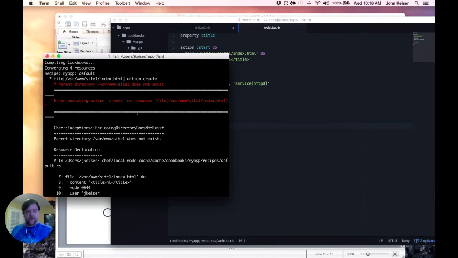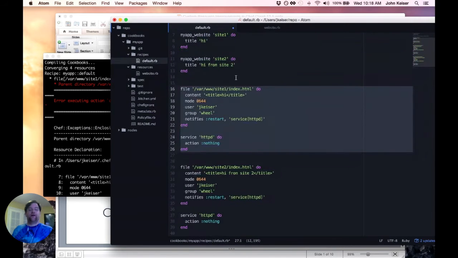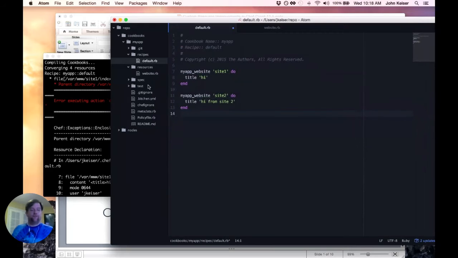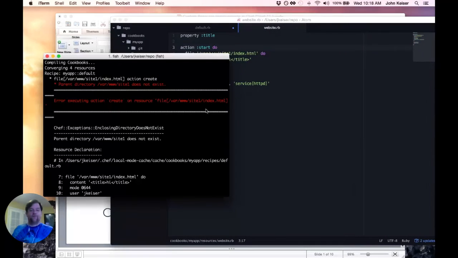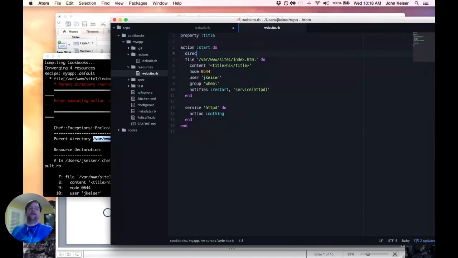Just a second. So actually, no, not just a second. We've revealed a bug in a recipe that we would have had to fix twice here. What it just told me was that the parent directory for the file, /var/www/site1, does not exist. This is actually a pretty good example. If I had found that out after I started doing this,